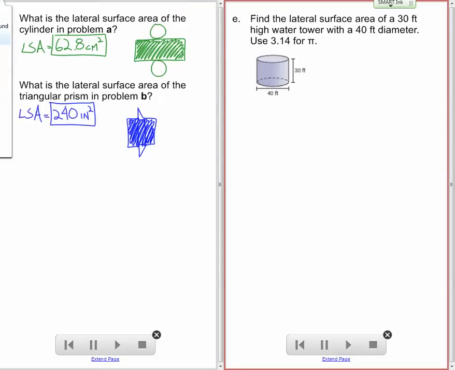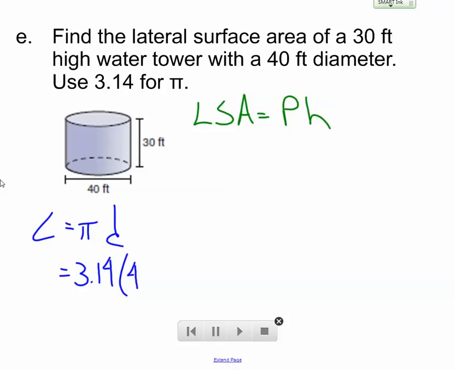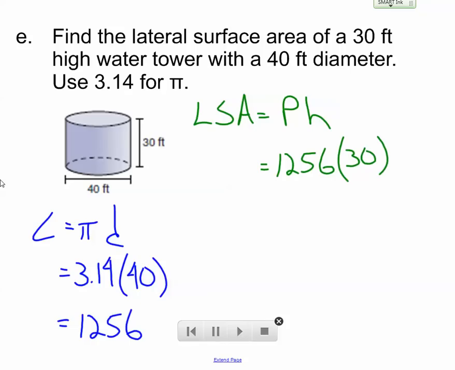Okay, one more. Find the lateral surface area of a 30-foot high water tower with a 40-foot diameter. Okay, lateral surface area is just perimeter of the base times height of the prism. Now, perimeter of the base in this case is a circle. So it's circumference, 3.14 times 40, which comes out to 1,256. Plug that in perimeter. The height we can see is 30. Multiply those two numbers. We get the lateral surface area of the water tower,